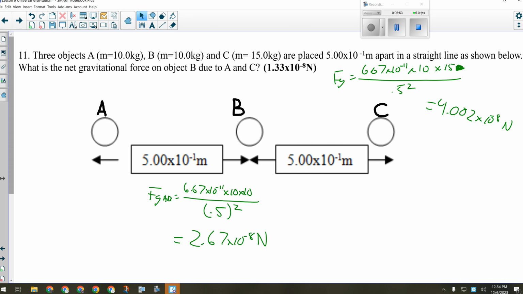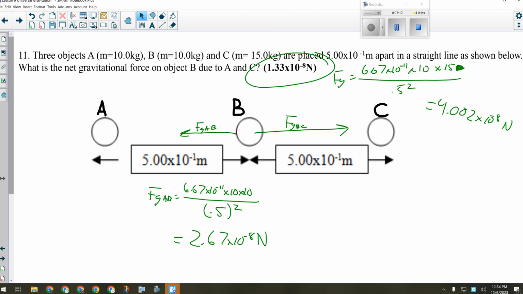Subtract them. Okay, if I'm trying to find the net force on B, B's free body diagram looks like this. Force of gravity between B and C. Force of gravity between A and B. A and B is a smaller force because we're dealing with smaller masses the same distance apart. All right, so all I have to do is subtract those two numbers, and I get this number, the net